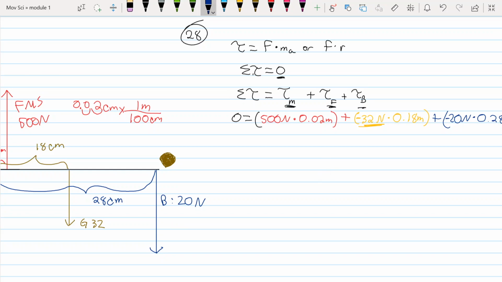So you've got 0 equals 10 Newton meters plus a negative 5.76 Newton meters plus a negative